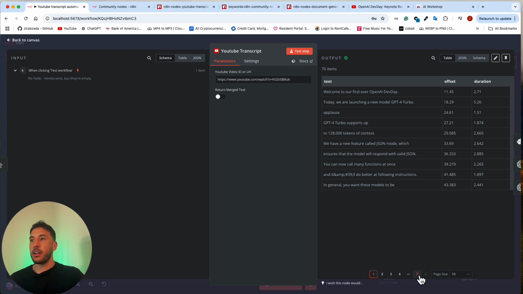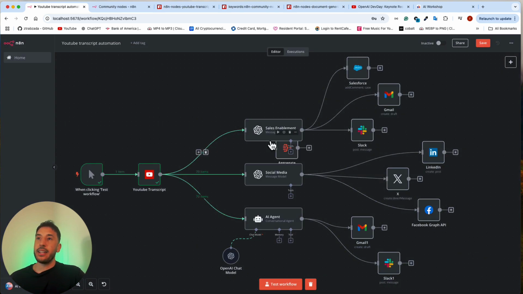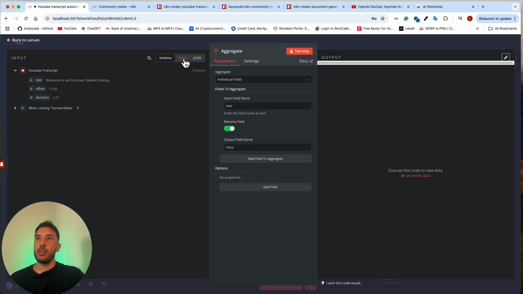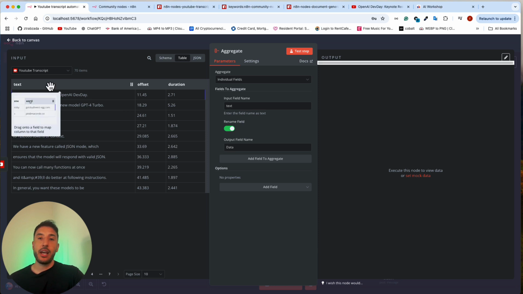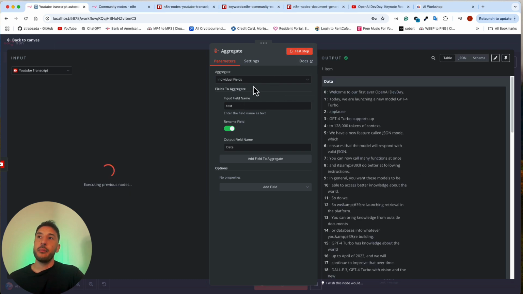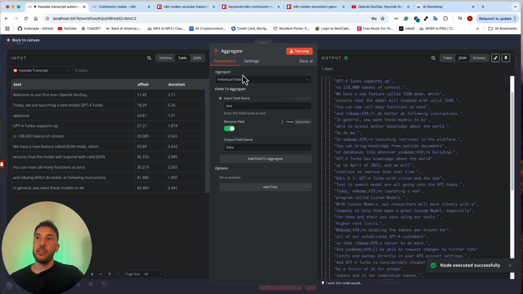And as you can see at the bottom here, there are several pages. So depending on what your use case is, if you want to do this, then go ahead. You can also add an aggregate node. All this data is coming in here with the timestamps. Let's say you only want to grab from a particular timeline. Then what you could do is put a set node and then use this aggregate node, where you'll be able to grab all of that and convert it into a nice little data here.